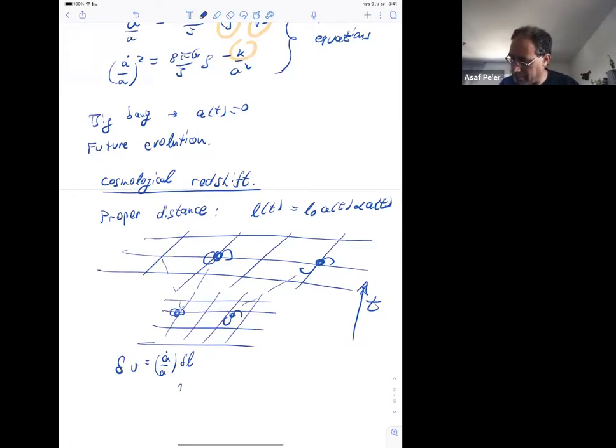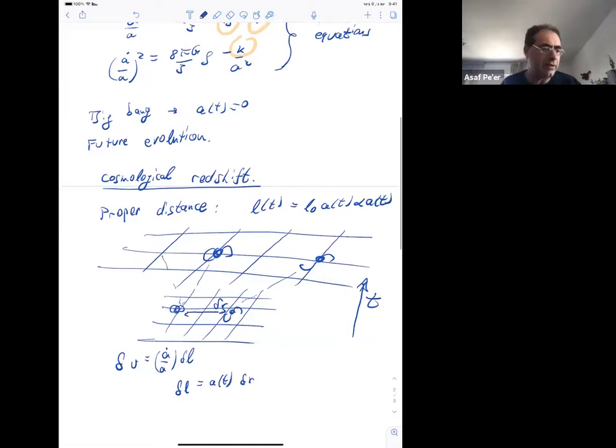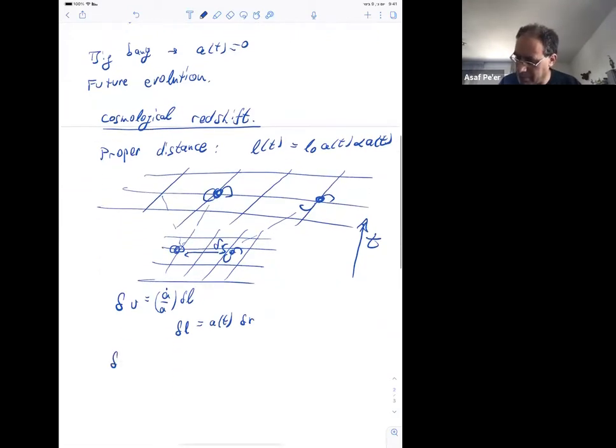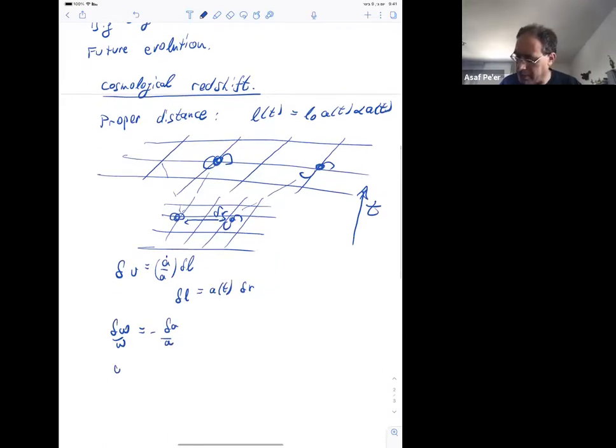Where delta L, right, is just a(t) delta r. This is on the coordinates, right? This is delta r between them. And so because of that, we have shown that if there is a radiation signal, which is measured with frequency omega, then the observed frequency change, delta omega over omega, will be just minus delta a over a, or omega of t times a of t is constant,